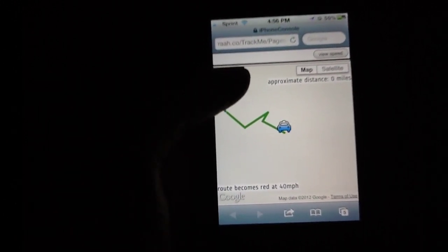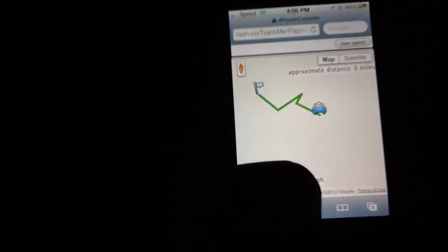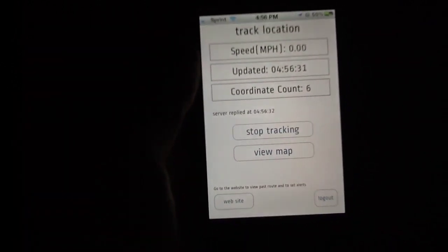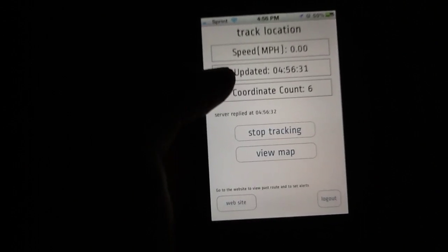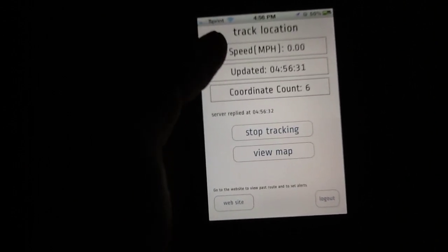And there we go. Sorry for that quick little interlude, but as you can see, it is now tracked, my progress through the apartment there just a little bit, which is nice, and it continues to track, so there's the latest update. And if we want to, we can bump straight back into Raah Tracker on the iPhone, and then it shows the number of coordinate counts that it's got, as well as the updates and my average speed,